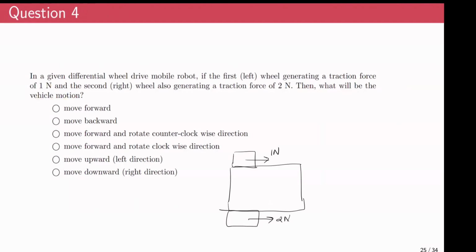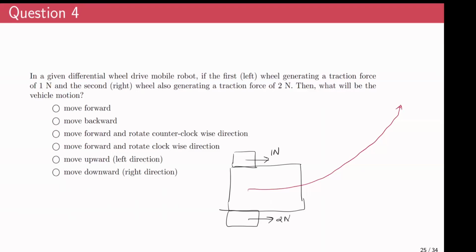I mean, from pure intuition, you can see that this wheel has more force than this wheel. So from intuition, you can actually see that the robot is going to move like so. And it's going to take a curved path like this,